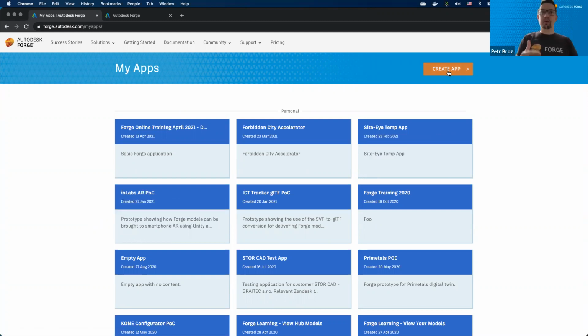And if you don't have a Forge app yet, you can create one here using this Create App button. By the way, if you already have your application that you used for day one, for example, you can definitely reuse that one. But here, again, just in case anyone is joining us for the first time, I'm just going to create another app